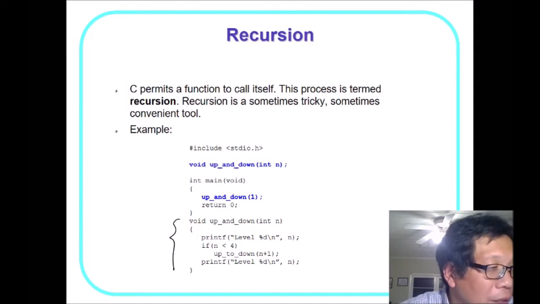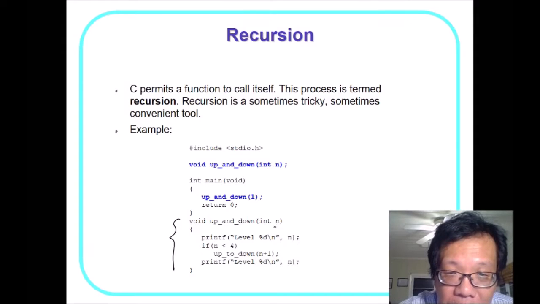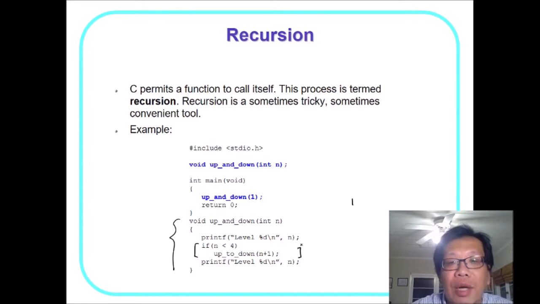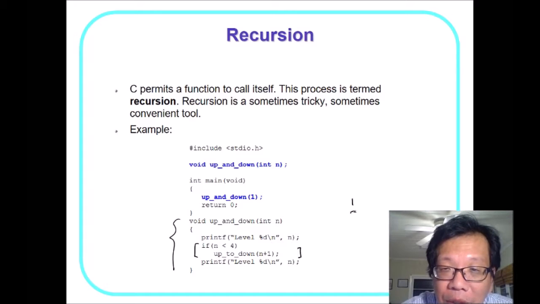So over here, you might run this one as 1. So I'm going to pass 1 into the system. So it's going to print out the value 1, and over here it's going to be run again. So it's going to be n smaller than 4. So it will pass another number, 2, into this one. So it's going to be 2. Then it's going to be,